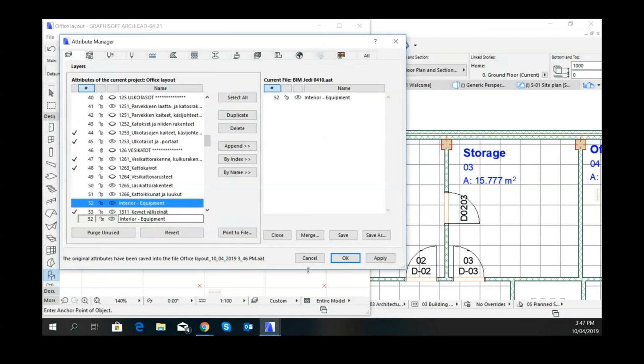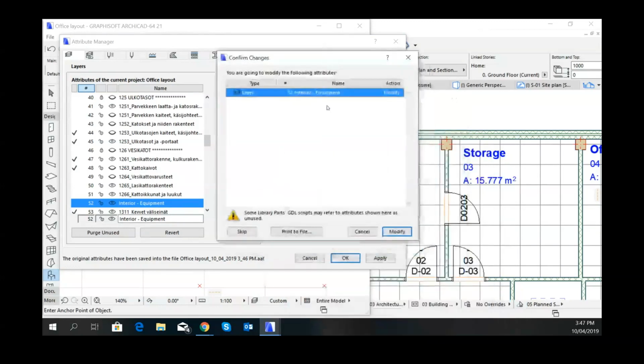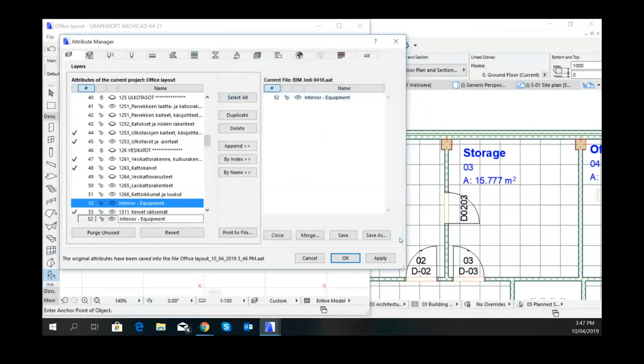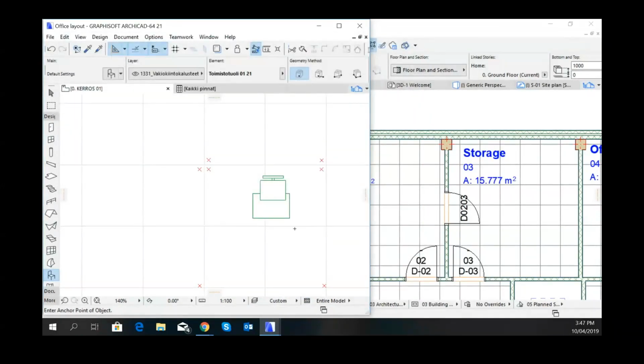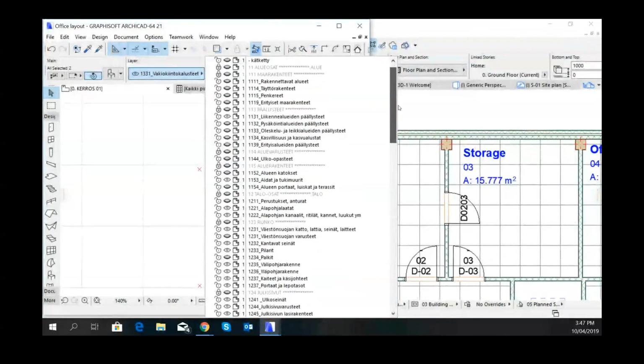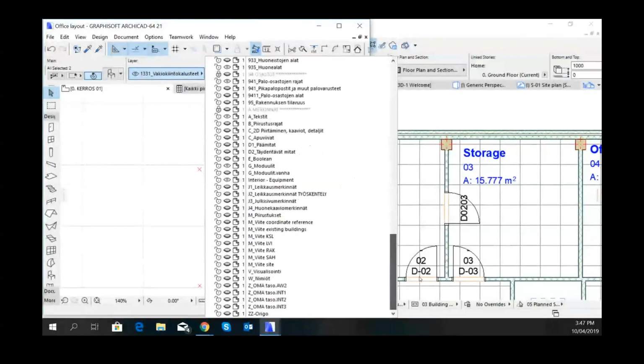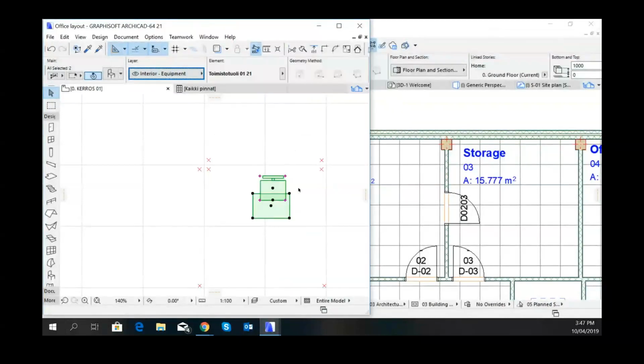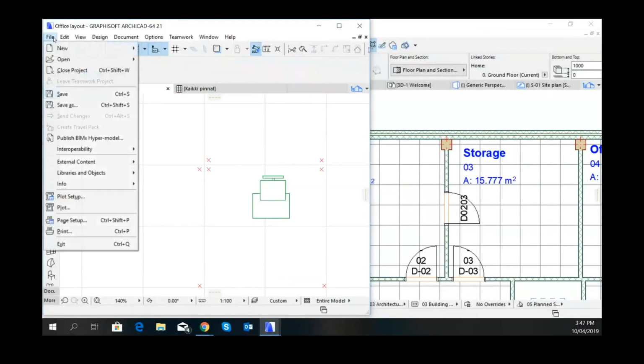So if we go OK, and it brings up the screen down here, so it's asking us now if we want to actually do that. So you click modify, and now if we come down here, grab those elements, and now this is all arranged alphabetically. So what was that layer called? No, it was this one here, interior equipment. So if we put them on the interior equipment layer now, and save,